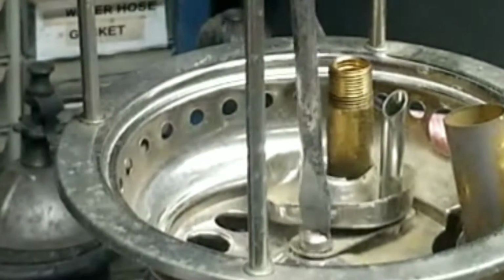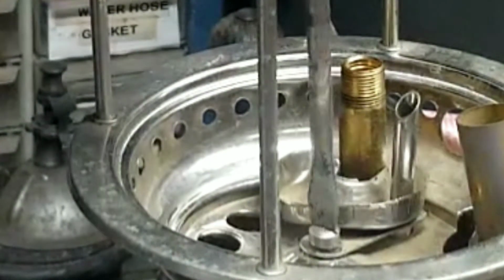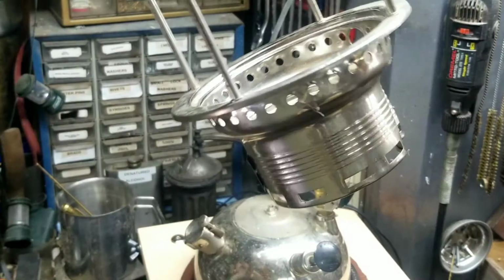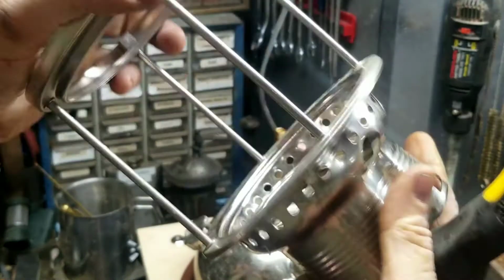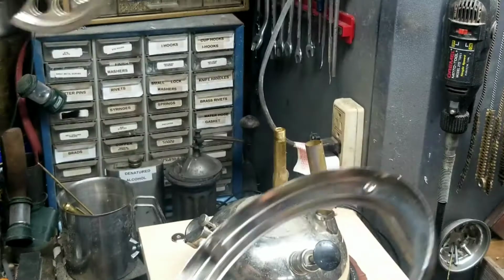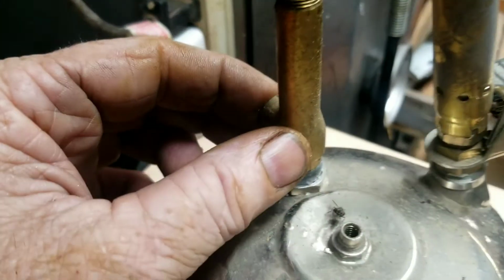Remove that, and that little priming pan and the bottom plate should come out of there. Anyway, now that'll just lift off there. The plate will come out of the bottom. Okay, at this point,